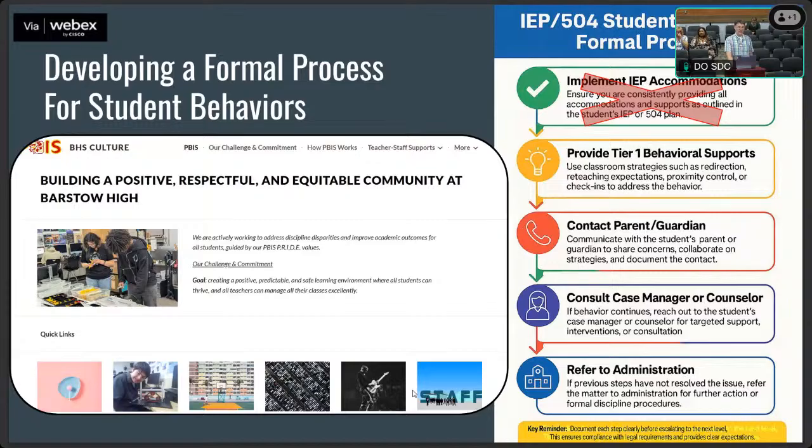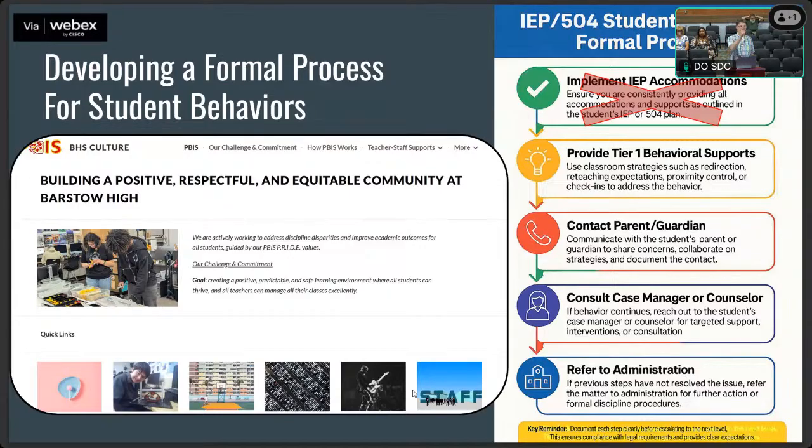And so this website is delving more into the formal process for student behaviors. And so I built a website to help with the transition to the new PBIS coordinator. I put in all the lessons that I learned this year, as well as lesson plans to give teachers at the beginning of the year that will help improve our status from silver to gold. And if we teach those lessons, it's basically like PRIDE lessons. PRIDE as in preparation, respect, integrity, determination, excellence. Those are our 5 Barstow High goals. And so those are on that website.